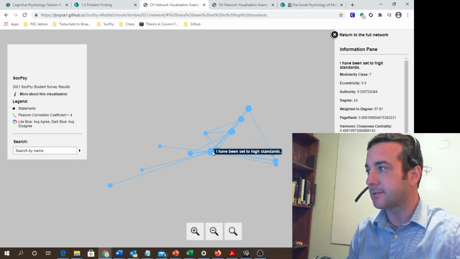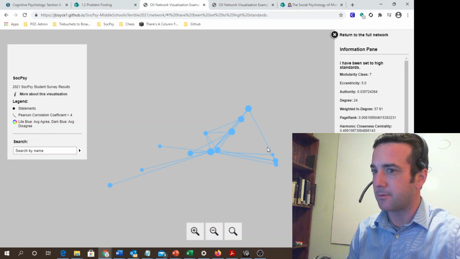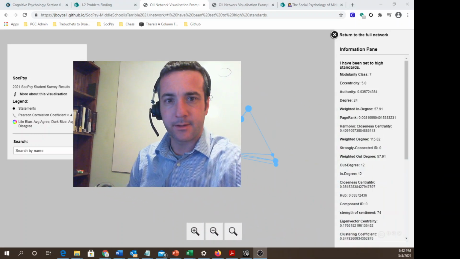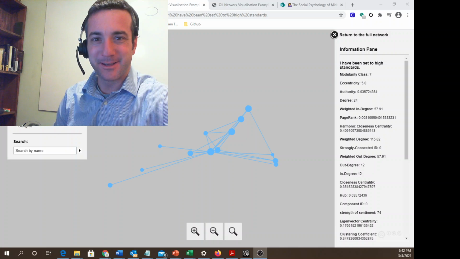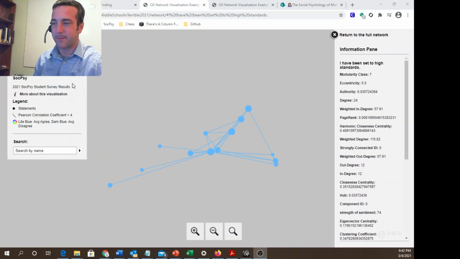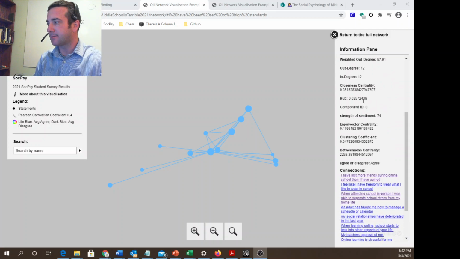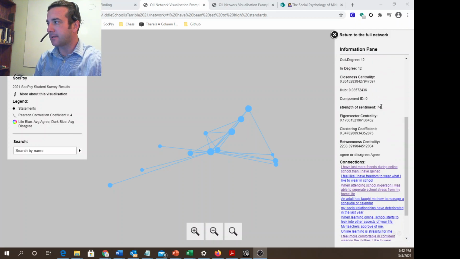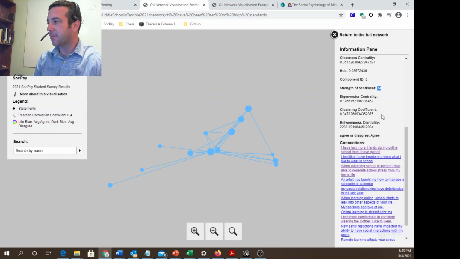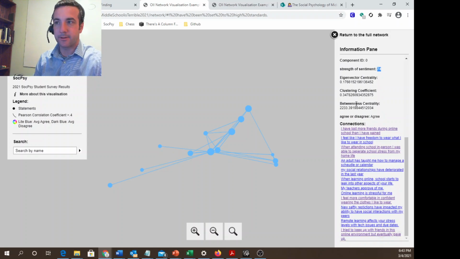All right, so let's dive into the interesting stuff, right? On the right-hand side, I got to move my head out of the way here. Okay, on the right-hand side, I'll just shrink up here. All right, you have this big chart. Whenever you click on any one of these, you have all these sorts of statistics I'm not going to get into right now. But down towards the bottom, you have a couple things. You have the strength of the sentiment, which is how agreed to or how disagreed to it was. And then you have all the connections that it has, all the things with a Pearson correlation coefficient of above